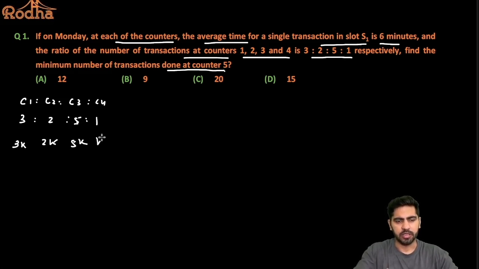5K and K. So these are my number of transactions done at the 4 counters, right? Let's say counter number 5, the number of transactions done is X, right? Now it says here the average time for a single transaction is 6 minutes, right? So